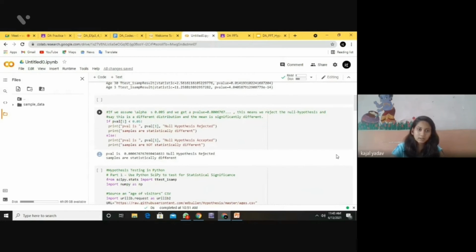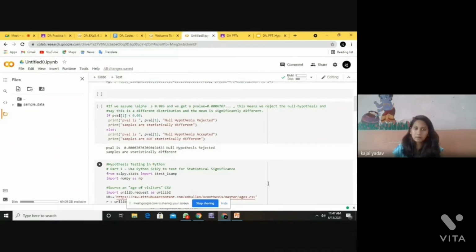We are considering here the alpha value as 0.005, and we get the p-value as 0.006. This means we reject the null hypothesis and say this is a different distribution and the mean is significantly different. If the p-value of index 1 is less than the alpha, we print the null hypothesis rejected.